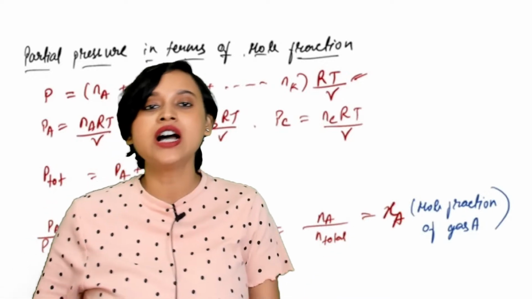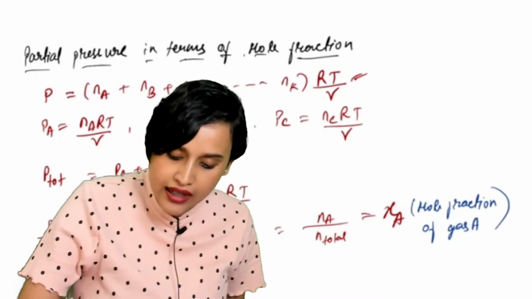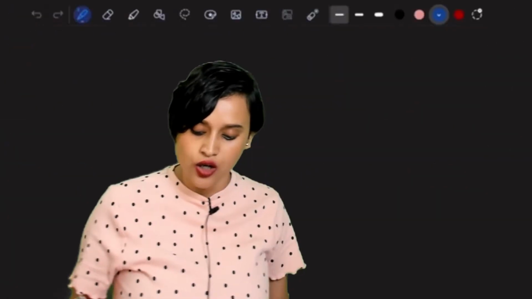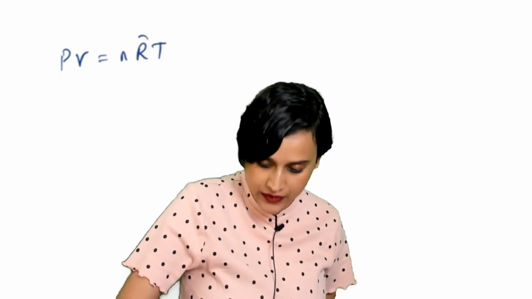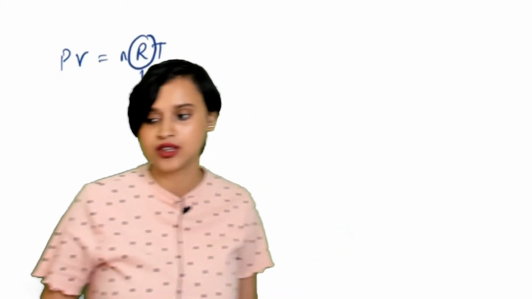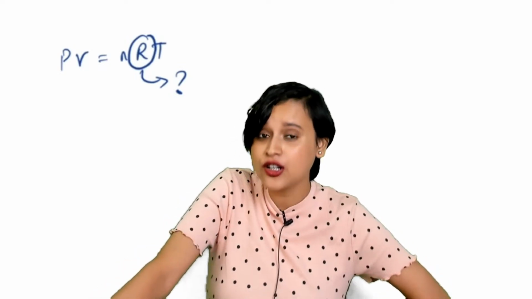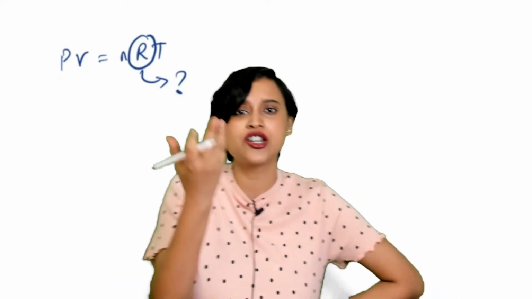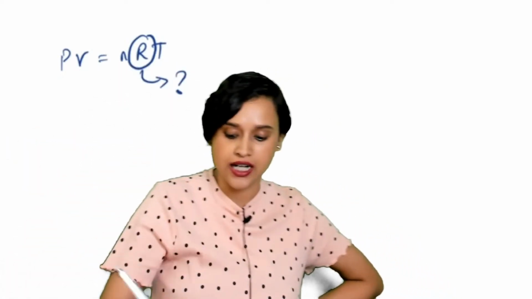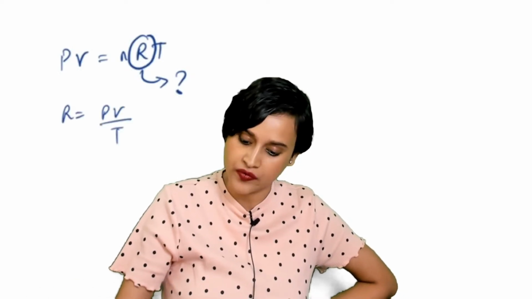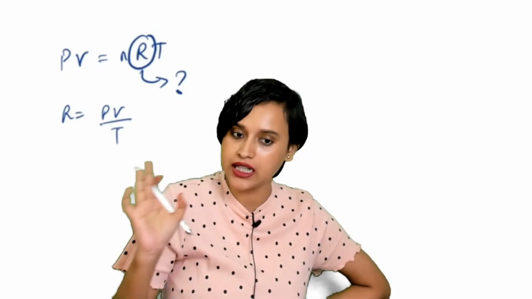Now tell me something. I have another question for you. This R that we keep writing, as you can see, we are always writing that PV is equal to nRT. What is this R? I know some of you will be like, ma'am, gas constant. But where has this gas constant come from? What is this gas constant? Why are we talking about this gas constant? And why is it just a particular number? Well, let me tell you. So R is actually, we all know, PV divided by T, right? R is equal to PV divided by T, right?